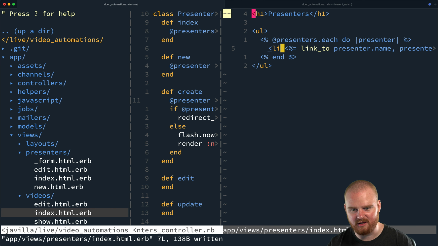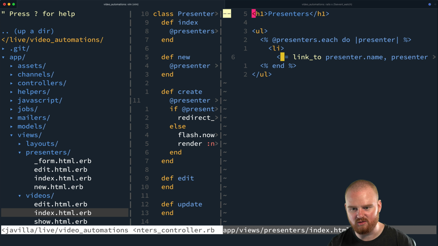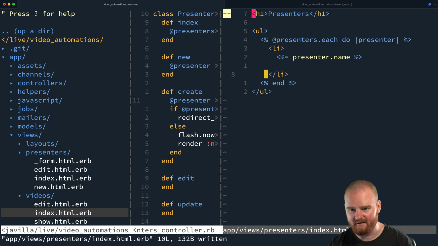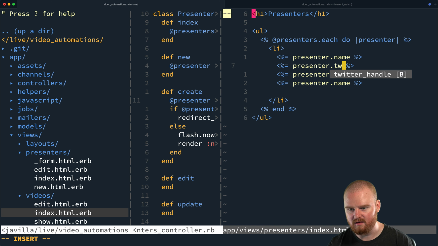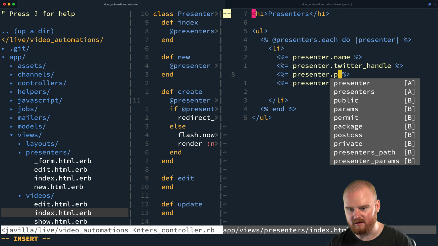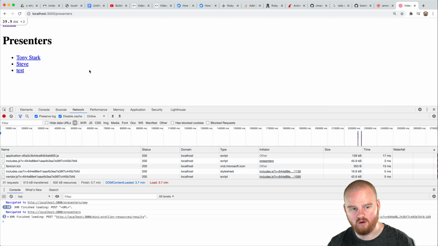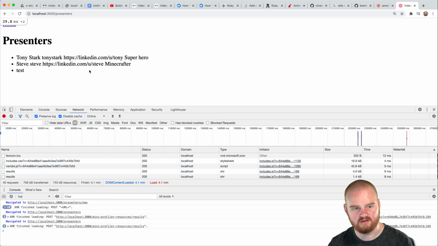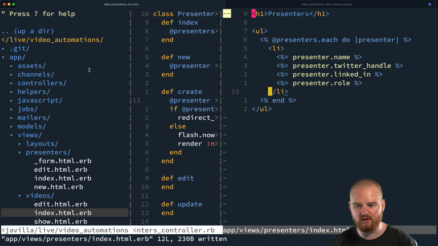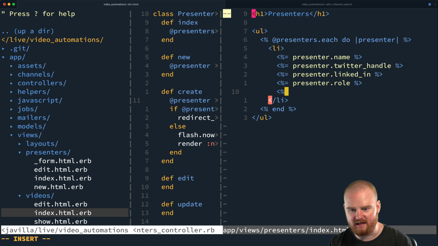We can make this a little bit nicer. Instead of linking to, we'll just print out their name and their Twitter handle. And their LinkedIn, and their role. Oh, you know what? Shoot. Okay, whatever. The role is their job title, not their role in the video. Okay, so this is fine. This is cool. And then let's just add an edit link. Link to edit, and that's going to go to edit presenter